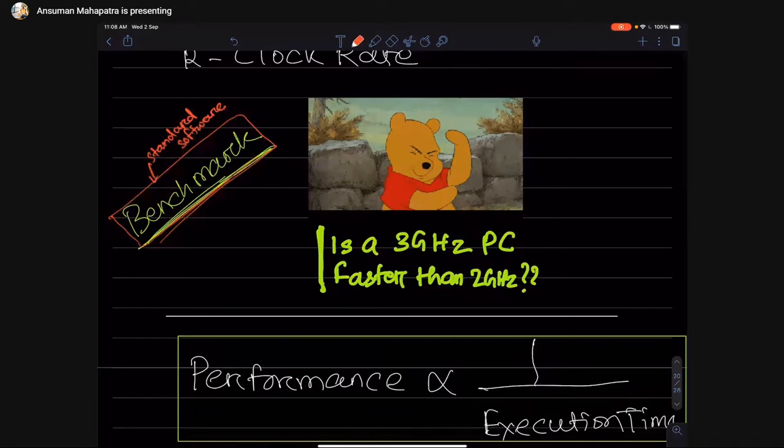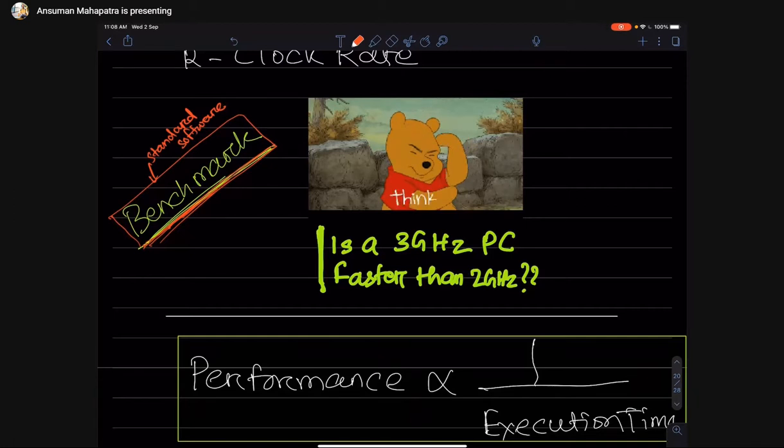Some programs are graphics intensive, some programs are CPU intensive, some programs measure the memory efficiency, some programs measure the data transfer between memory and processor. So this benchmark software measures all kinds of parameters inside the system.